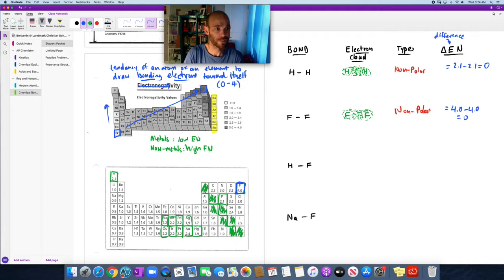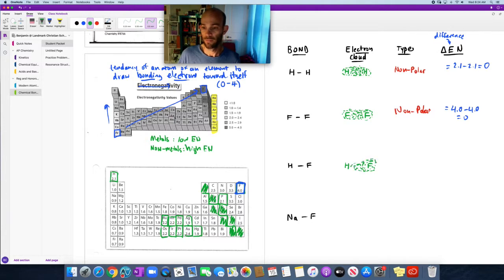Well, fluorine is much more electronegative than the hydrogen atom. And so with those 2 electrons right here that are being shared, this is going to give rise to unequal sharing. This is a new scenario that we haven't really talked about so far. This is still sharing, it's still a covalent bond, but the fluorine atom is much more electronegative. And so those 2 electrons end up spending a lot more time around that fluorine atom than around the hydrogen